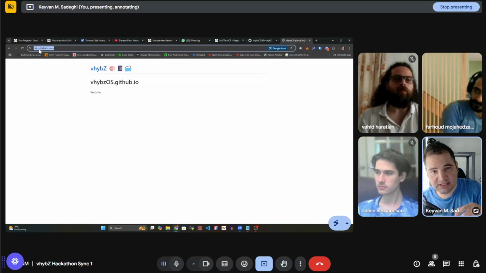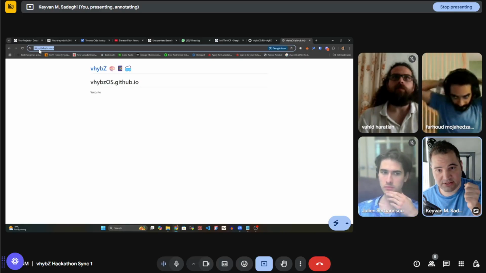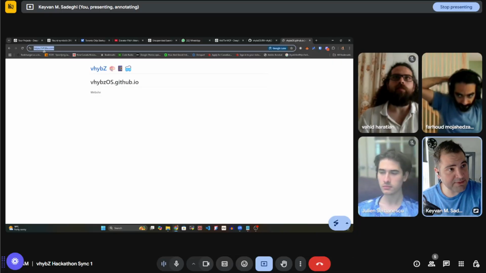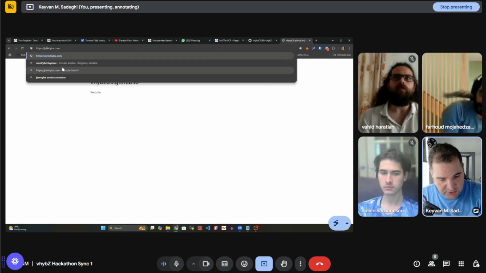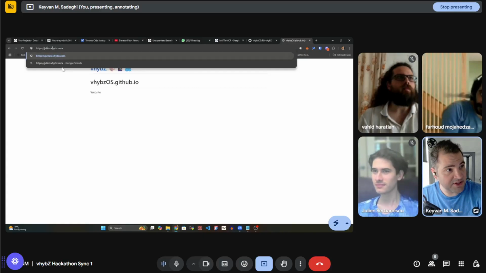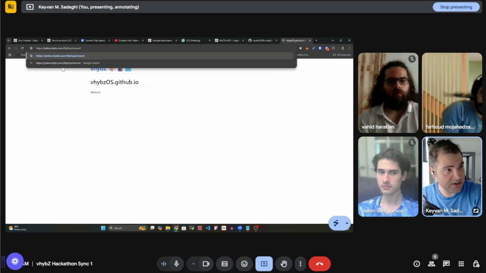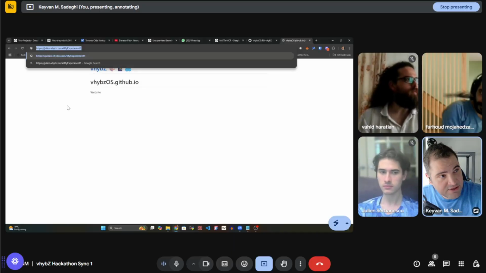But more importantly, after the user is happy at the stage, they can click share, saying, now I want to share this HTML that I've generated. And what happens then is it becomes, for example, julian.vhybz.com/my-experiment-1. So the job of the backend team is to